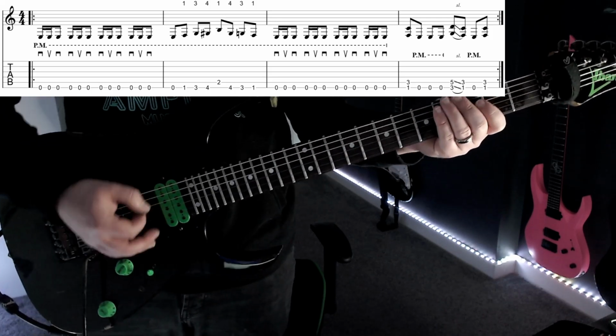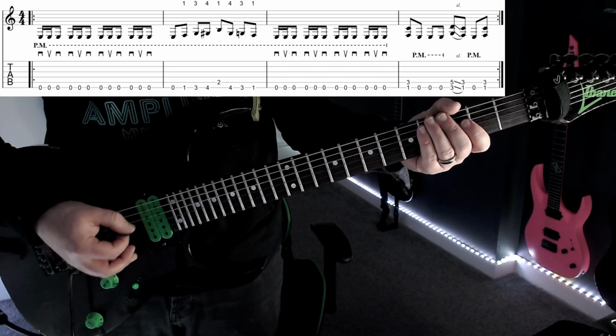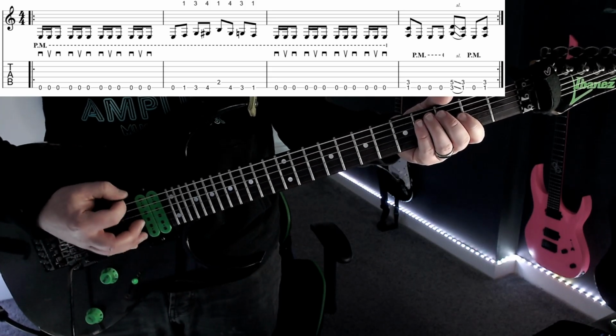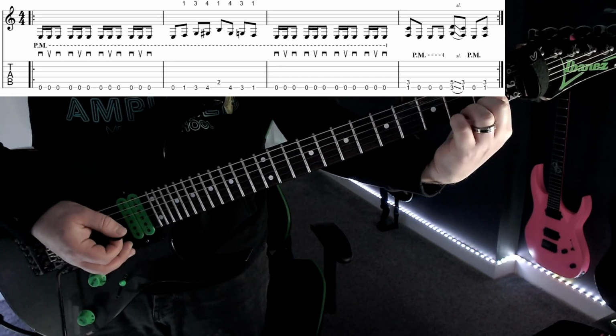We're going to do this on our open low E, and we're going to fill up a full bar. So we're going to do 4 of them, and we're also going to palm mute as we go. Lemonade, lemonade, lemonade, lemonade. Then in the second bar, we're going to play another open,